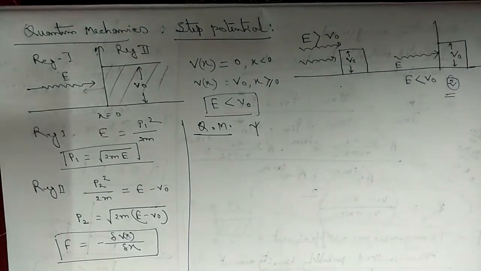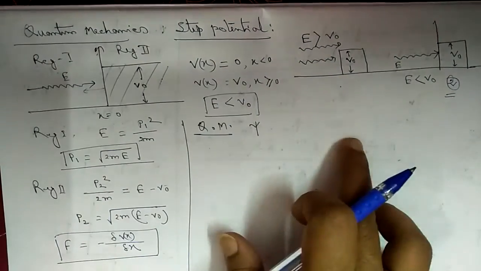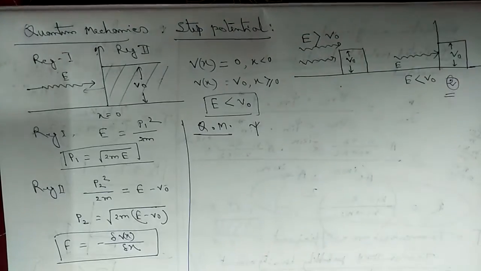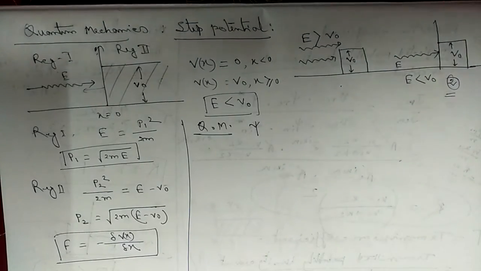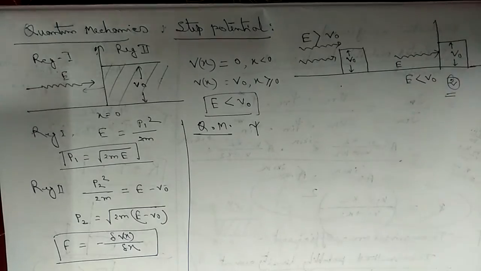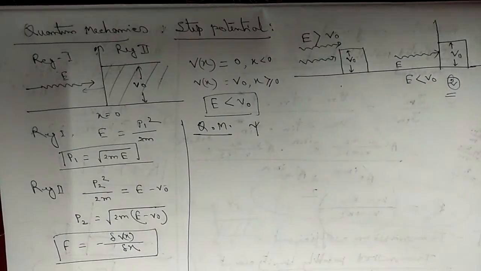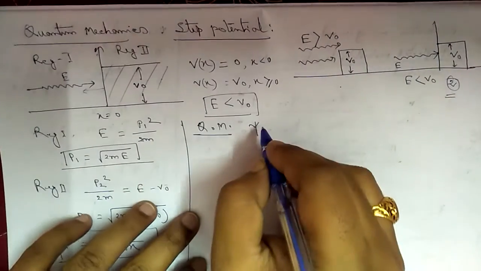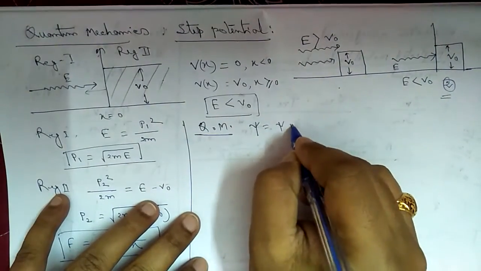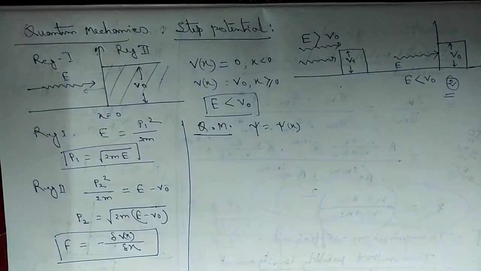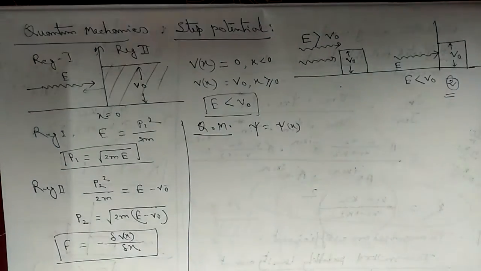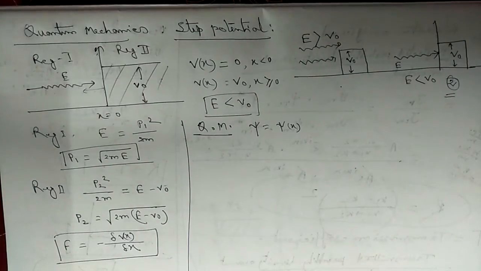So psi will be a function of x as it is traveling in the x direction, and it is not stated anywhere that psi is time dependent. So very simply we will consider that psi is dependent upon x only, that is psi is a function of x. So we can proceed with the time independent Schrodinger equation, as the wave function is not time dependent.